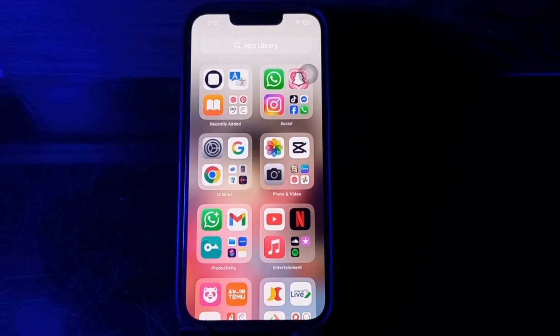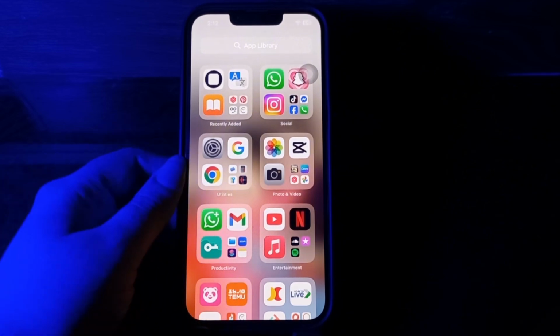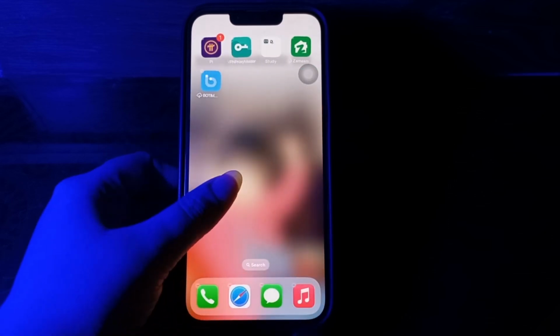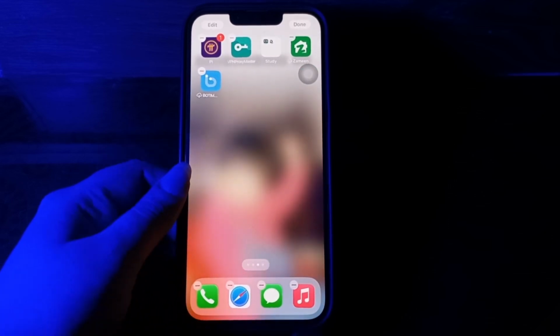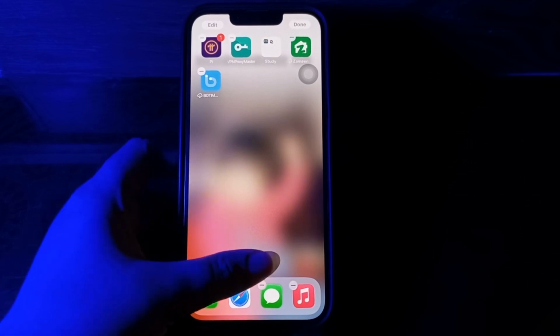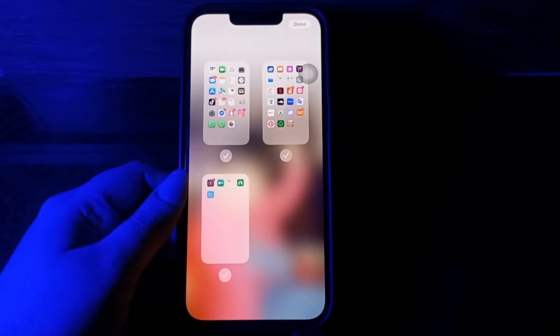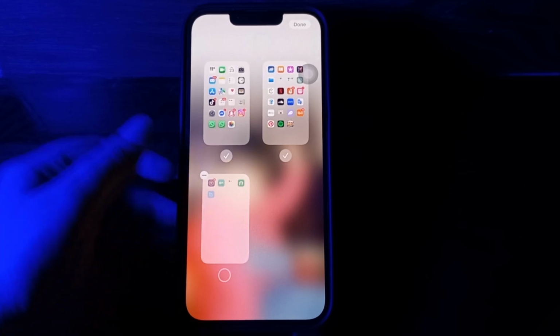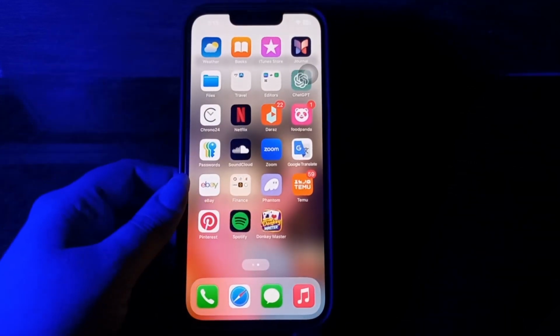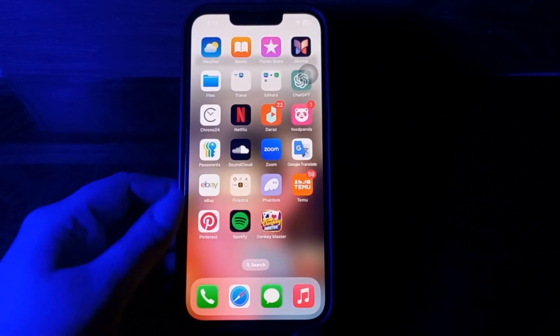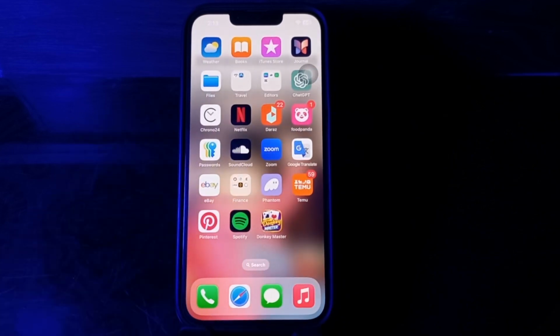Next, I'm gonna tell you how to hide an entire home screen page of app icons. If you are looking for a way to hide multiple apps, hiding an entire home screen page of apps is my favorite method. For this, you just need to press and hold anywhere on your home screen to enter edit mode. Next, tap on the home screen dots located above your dock. You will see your home screen pages. To hide a page from view, tap the check mark beneath the page to uncheck and remove it. And then press Done at the top right corner of your screen. Only home screen pages with a check mark below them will appear.